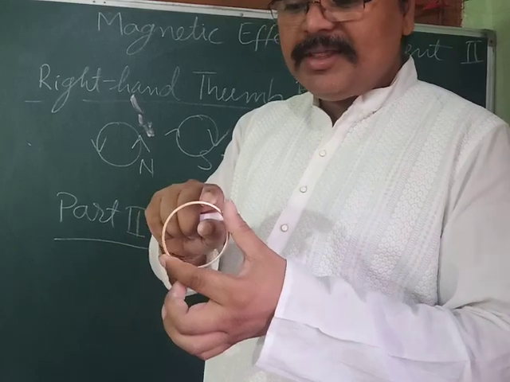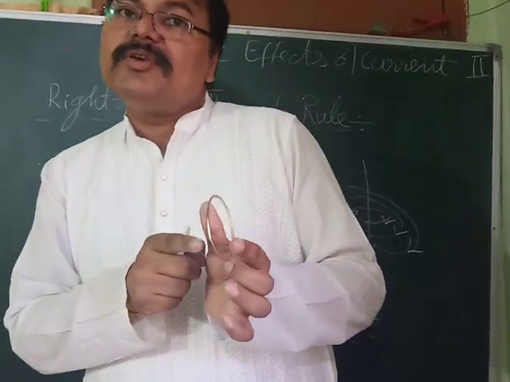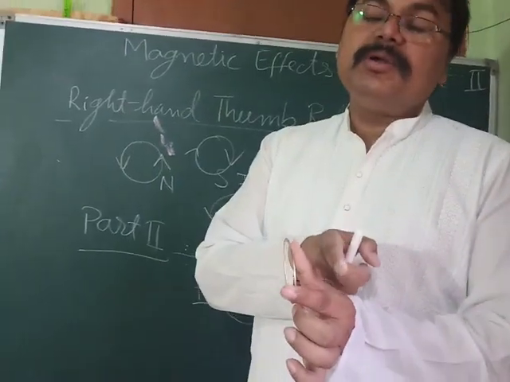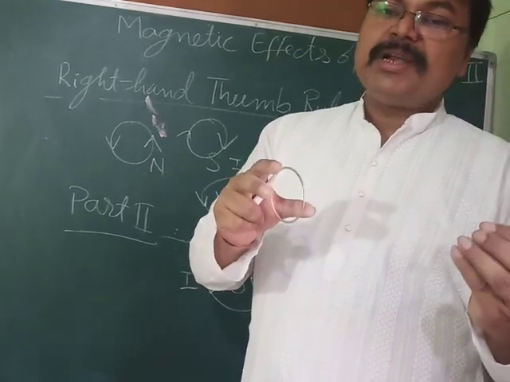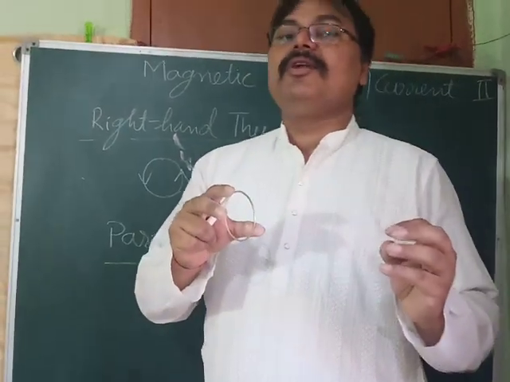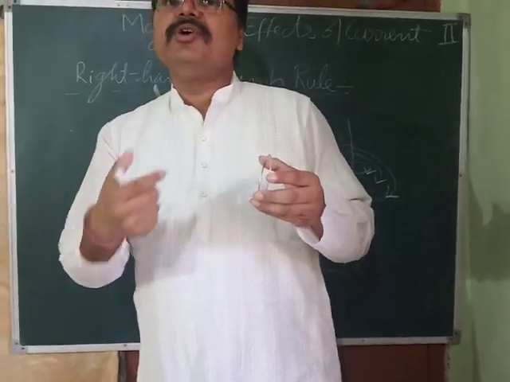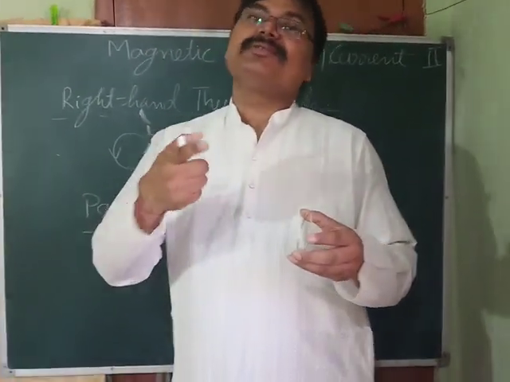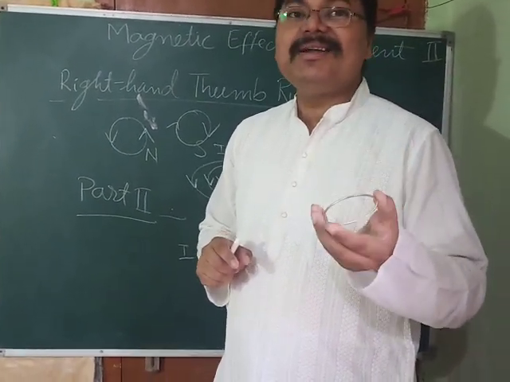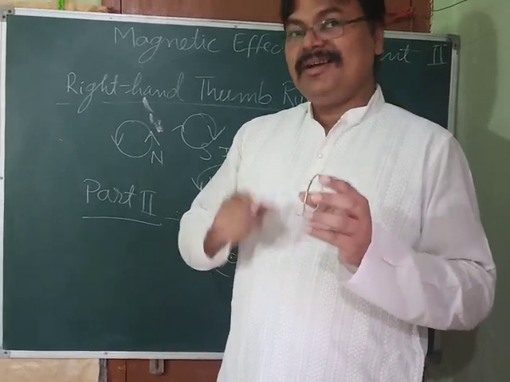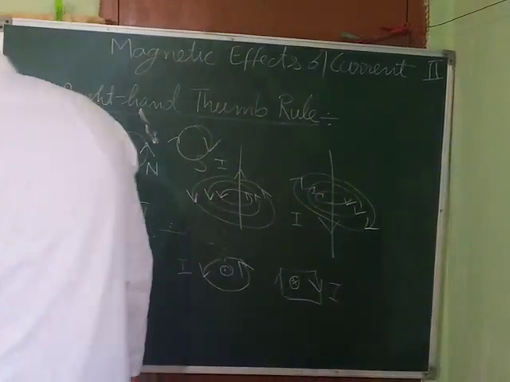So when the current is flowing in this coil in a particular direction, from one side it will appear clockwise and from the other side it will appear anti-clockwise. From the side it appears anti-clockwise, that side will form its north pole, and the side from which it appears clockwise will form its south pole. So that means every current carrying coil behaves as a magnet, because it has both poles, north pole as well as south pole. Got my point? Okay.